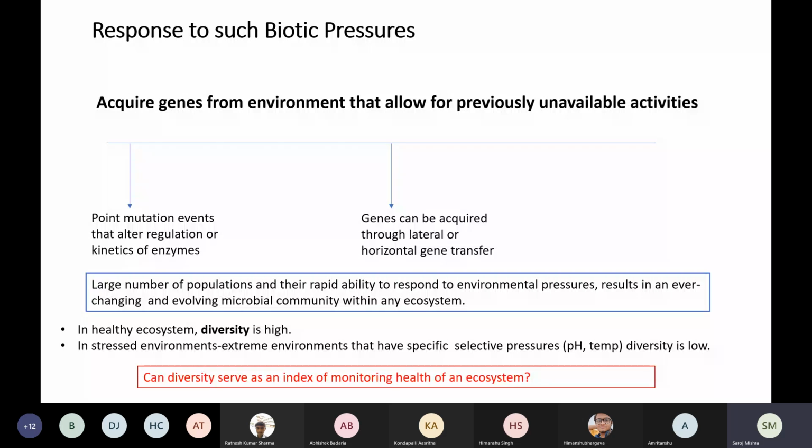So how have they responded to this biotic pressure? When they are competing for the resource, they can acquire genes from the environment, which allow for previously unavailable biochemical activities. So how do the genes come? Either through point mutation events which alter the regulation or kinetics of enzymes. Within this Pseudomonas, there could be a gene like naphthol, except that it wasn't working too well, but then if there is a mutation in that gene, that particular microorganism, which was capable of